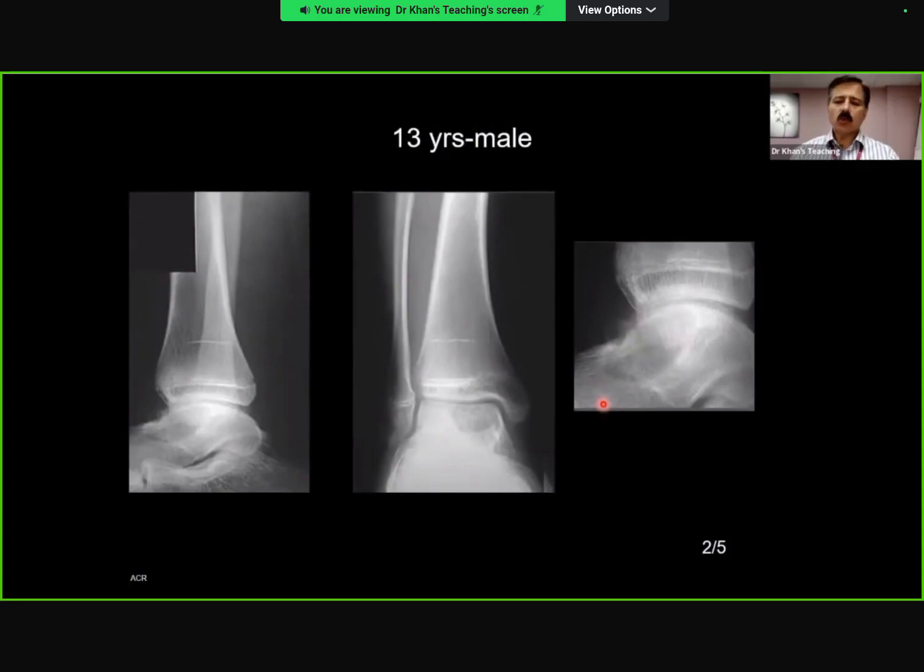Let me ask you a theoretical question. What is your concept of secondary ABC? So these are ABCs which actually arise within another tumor. Yeah. So secondary ABCs, as you mentioned, arise in previous tumors. For example, osteosarcoma or even GCT, they can arise within them. In a patient with this age,